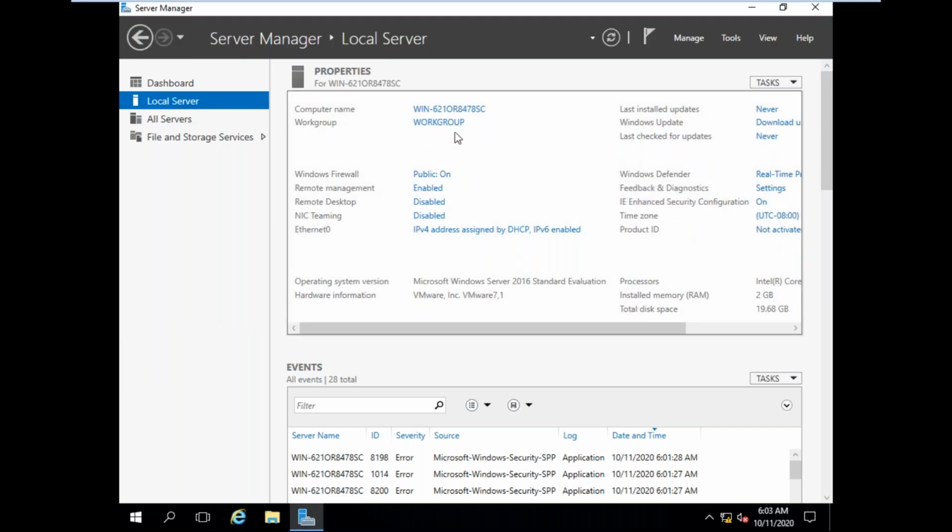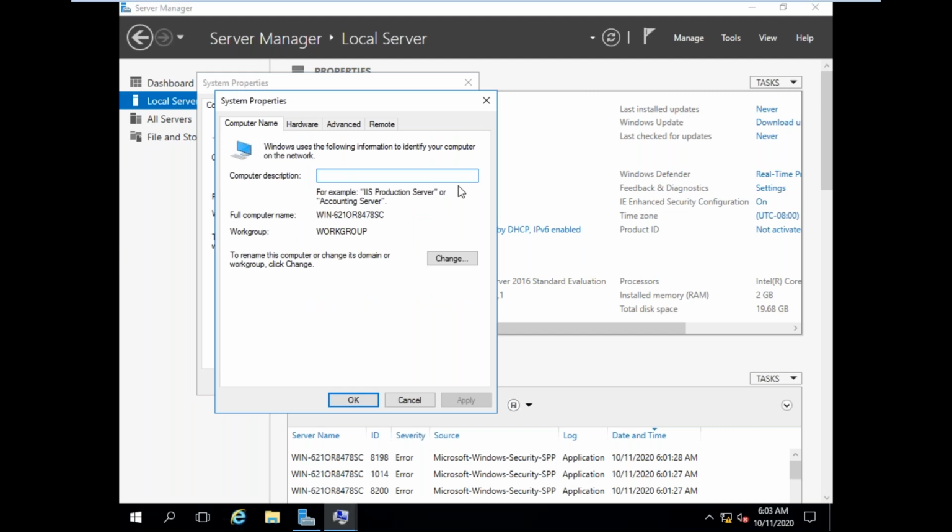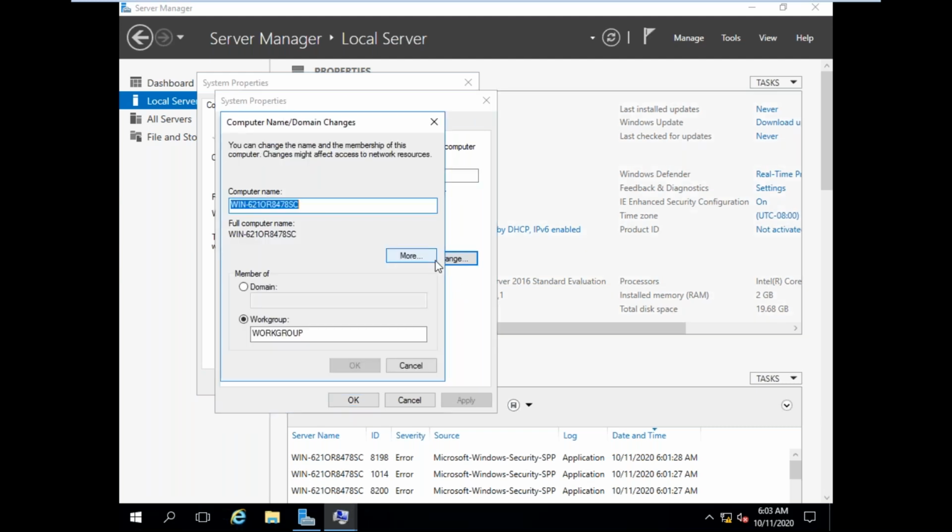So now what I have to do, I want to change the computer name. Click on computer name. Now click on change. Here I am giving the name WinServer1. See, the domain is there, but we have not entered into the domain environment so far.